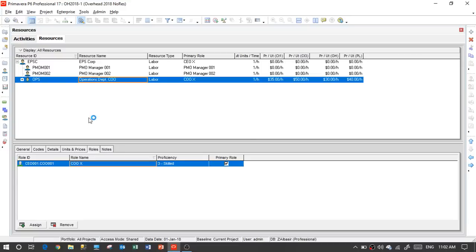This is Engineer Ziad Al-Basir in a new tutorial on how to develop an overhead cost project. Usually, most companies don't do that. The overhead calculations are in the financial department using Excel. However, to manage the team productivity and KPIs for this productivity, you need to know how much cost they are doing in your overhead.